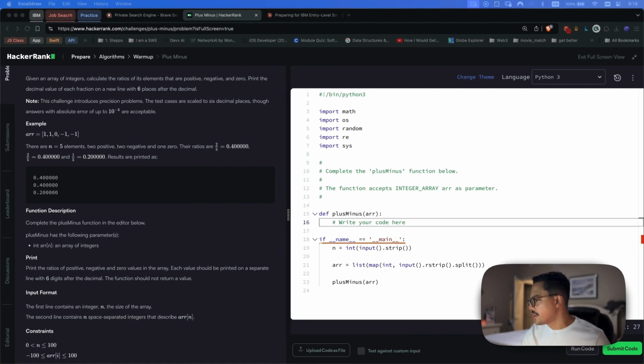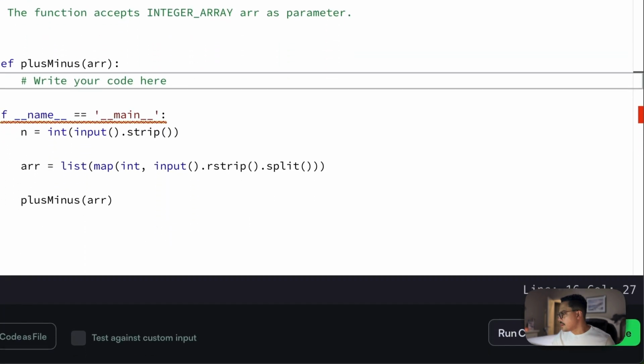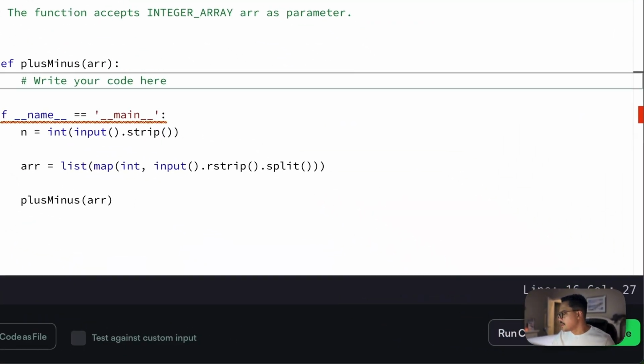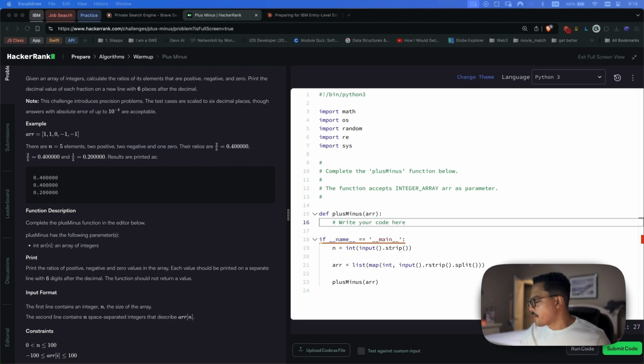Numbers greater than 1 are positive, numbers equal to 0 are 0, and numbers less than or equal to -1, or less than 0 actually, are negative. We could probably say greater than 0 here, right? But we don't want to use 0 as a